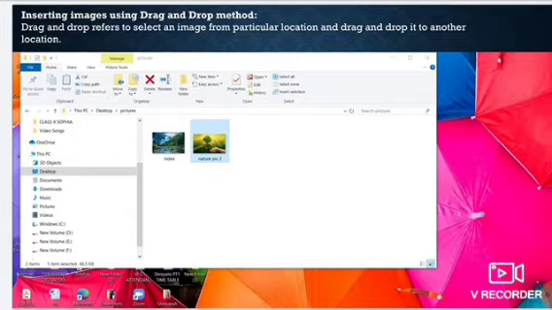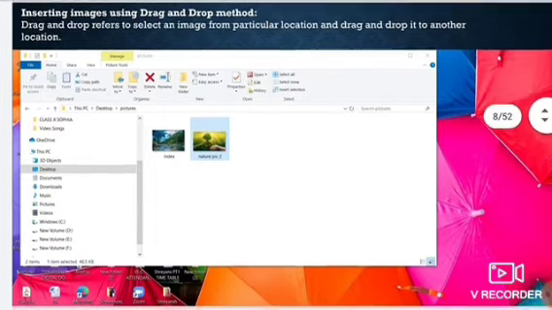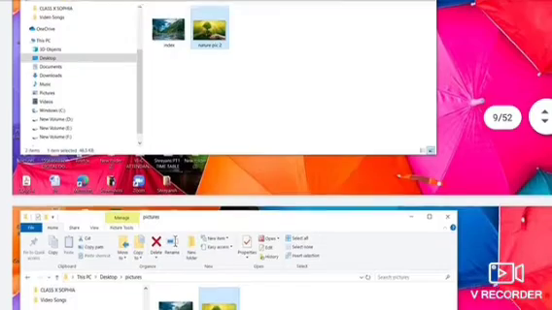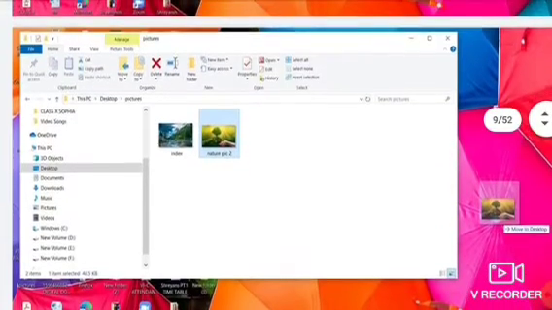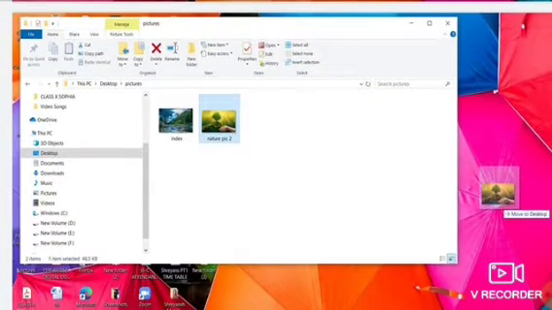As we have selected the desktop here because our pictures are available on the desktop. So we have opened this desktop, and the desktop has a pictures folder, where we have two pictures. The second picture we want to drop on the desktop screen. So just select the picture, press the left mouse button and drag your mouse and drop it on the desktop screen. So your picture will move from this pictures folder to the desktop.